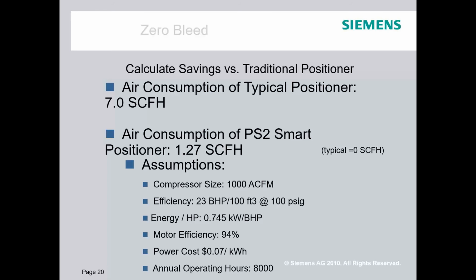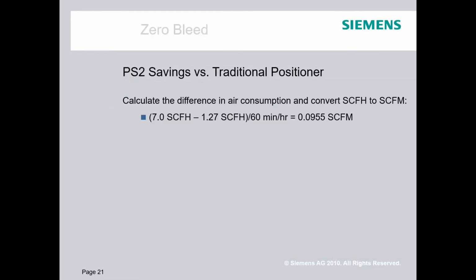If you look at this and say, okay, if I'm not bleeding, we went through this and asked, what's bleeding? How much? We looked across the industry and picked the middle of the road positioner, not the worst, not the best, just bleeding. This thing's in service for 24 hours, just sitting there bleeding. How much does it save? Well, if you do the math here,